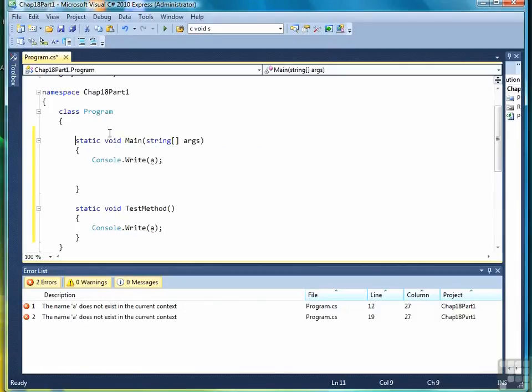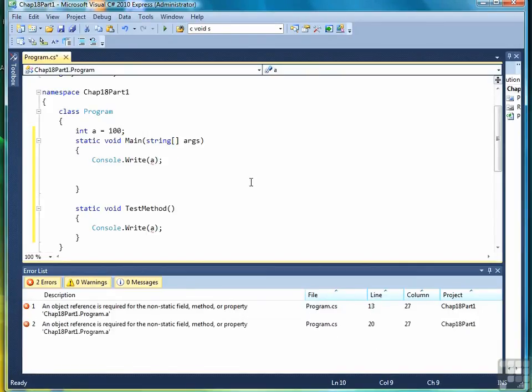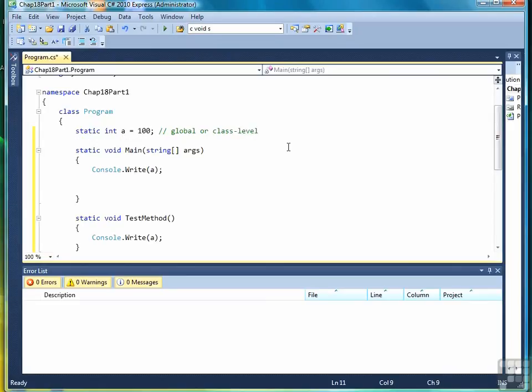But if I declare a at a global level, or class level as it is sometimes also called, I have to make it a static variable outside of void main. Once I've done that, notice that the errors for a in main and a in the test method are gone. Why? Because now I've declared a as a global or class level variable, and any part of the class has access to that variable. So to sum up here,